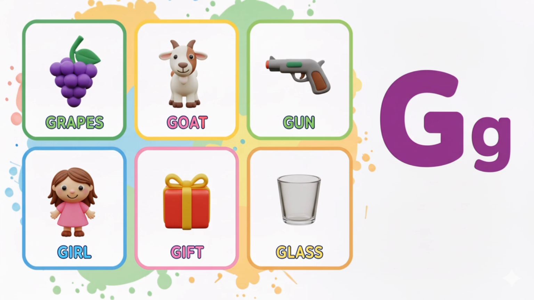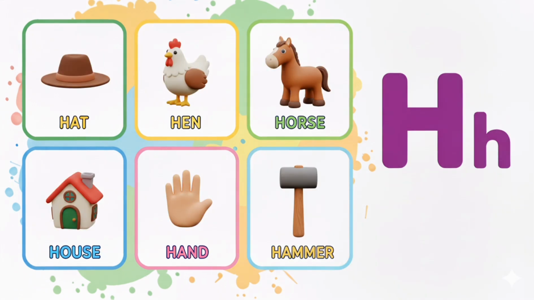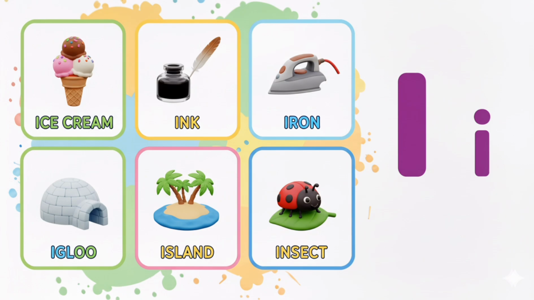G for gift, G for glass, H for hat, H for hen, H for horse, H for house, H for hand, H for hammer, I for ice cream, I for ink, I for iron, I for igloo, I for island, I for insect, J